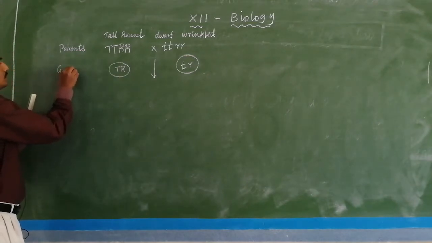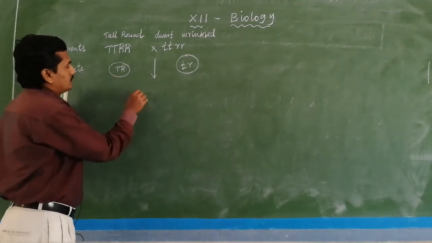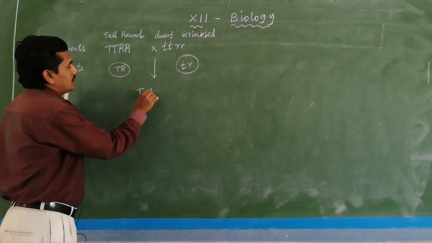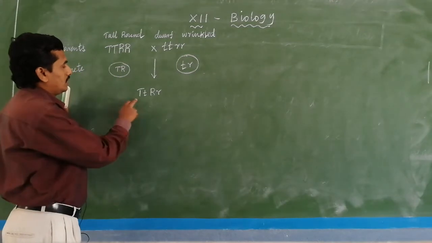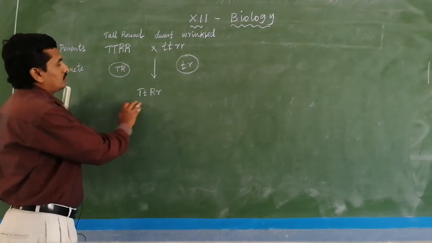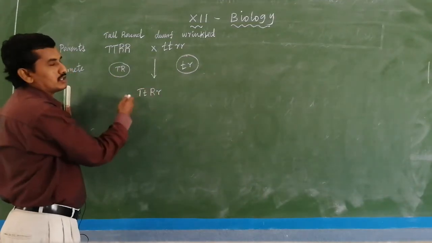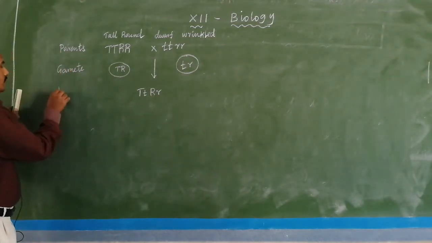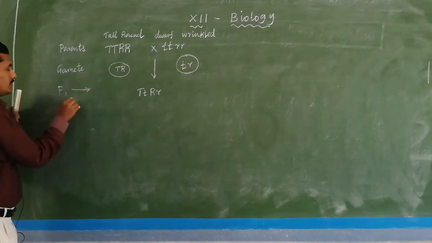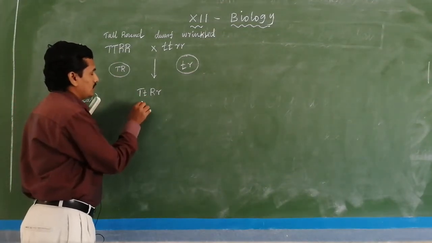You put a circle around the gamete for easy identification. Then you put the cross: capital T, small t, capital R, small r. This is the normal procedure. In F1, only some students make mistakes. Capital T is segregated from the small t separately, and the capital R from the small r. This is actually the F1 generation. F1 means filial one generation. Filial means progeny. So, this plant's characters are tall with round.